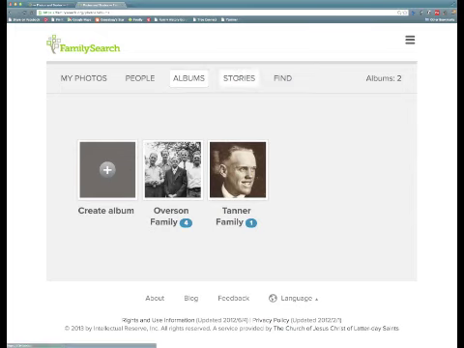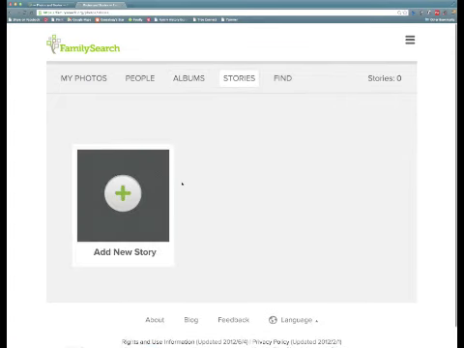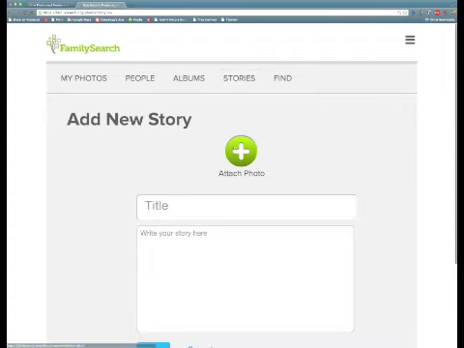Now, stories, the next link over on the list, will let you add a new story. When you click on that link, it gives you the attach a photo option where you can select a photo to attach to this particular story. One of the other options is if you go to the people,